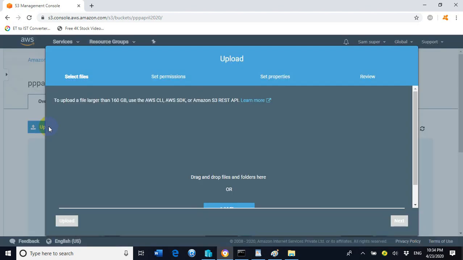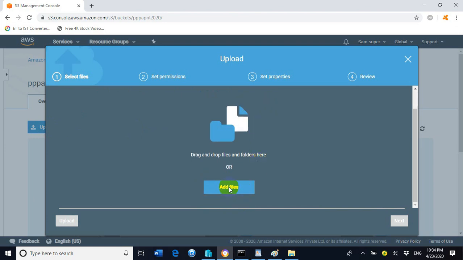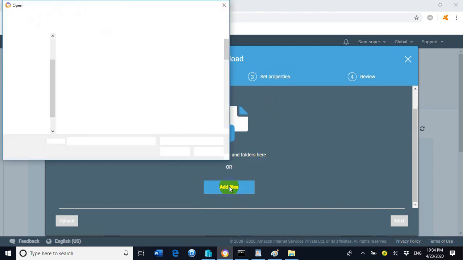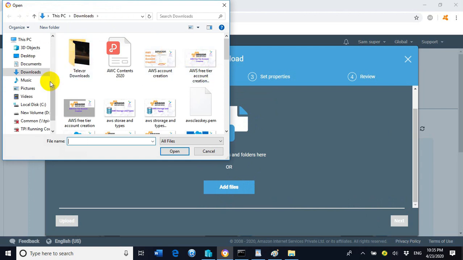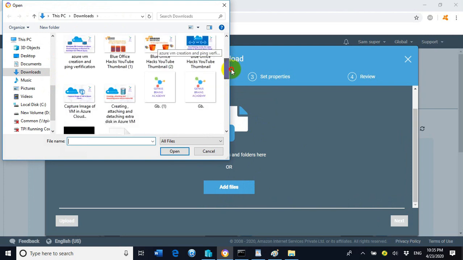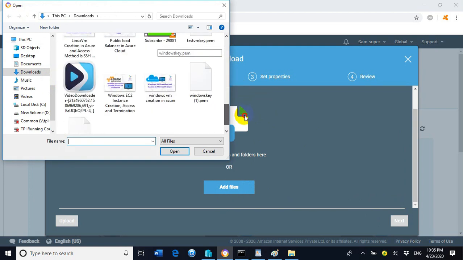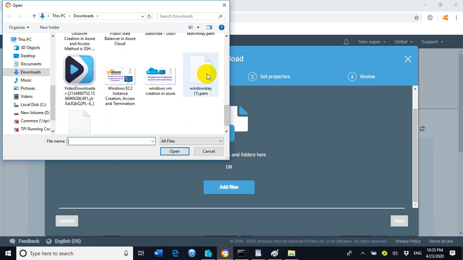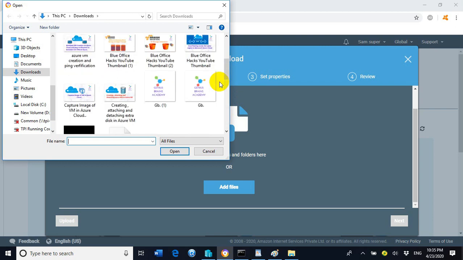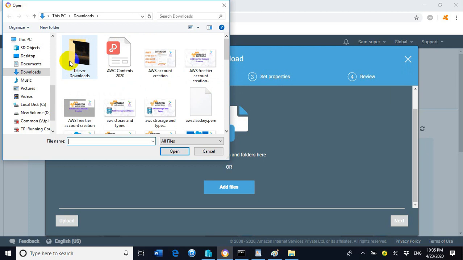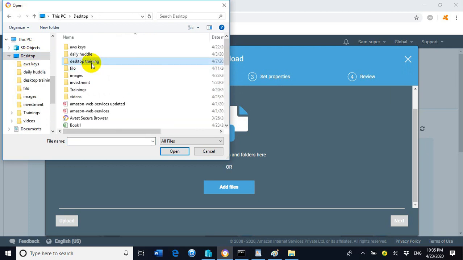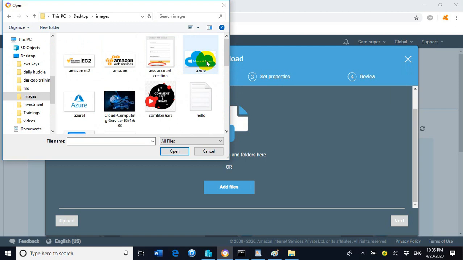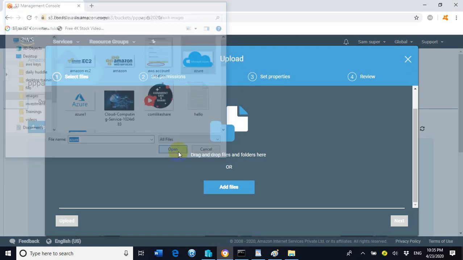Click on upload, click add files, and select the file which you want to store inside the bucket. I will choose one of the files randomly. I have chosen an image file and click on open.